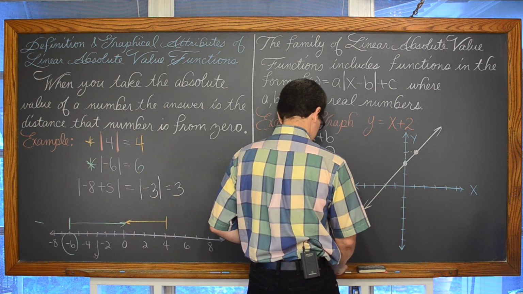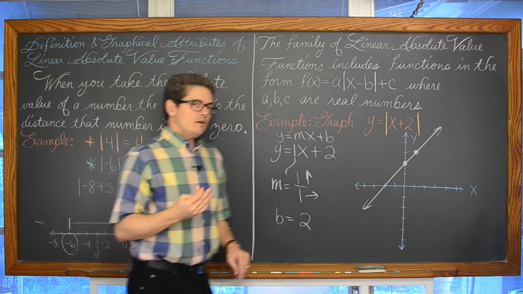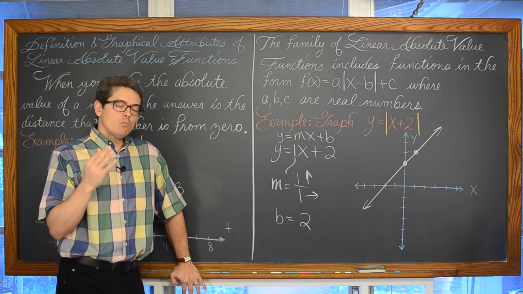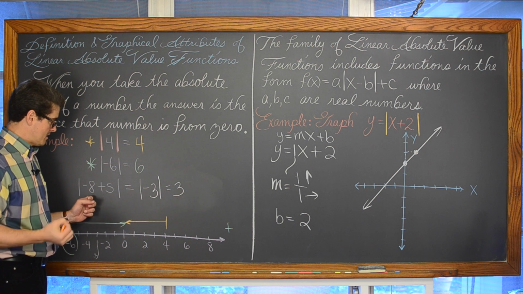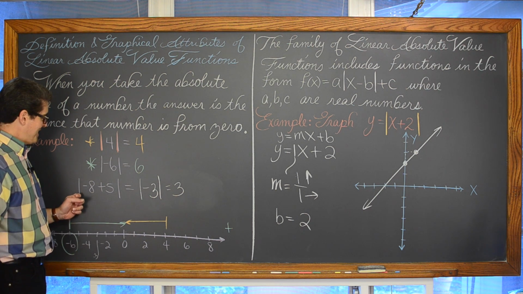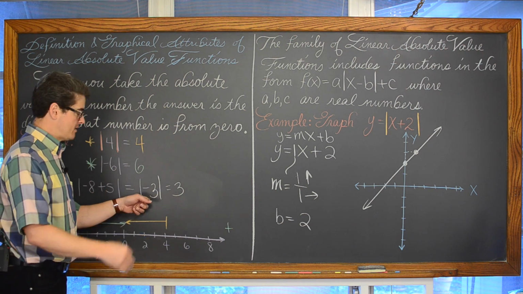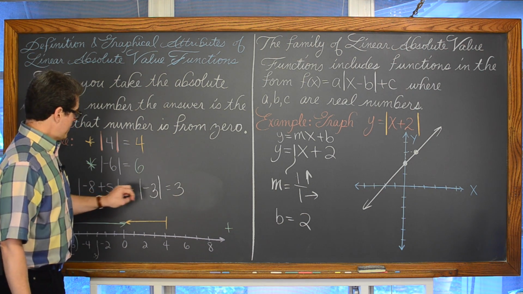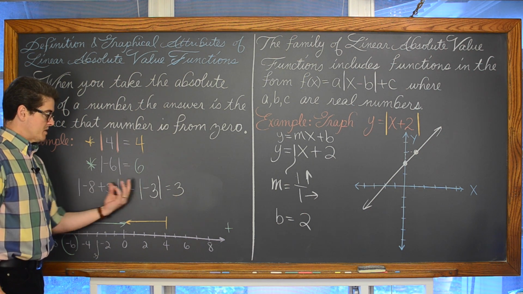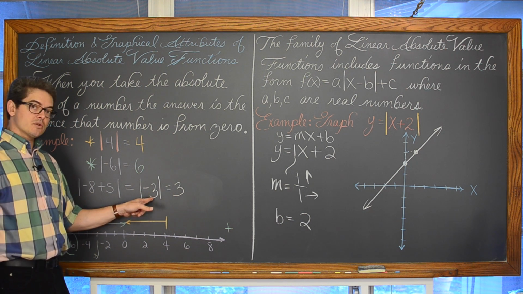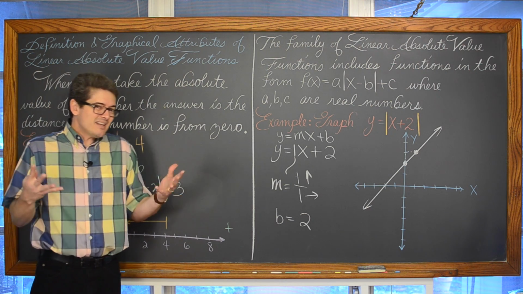picking a color I haven't used yet that will stand out, hopefully orange will from the red, if I want to graph y is equal to the absolute value of x plus 2, and going back to this arithmetic example, the absolute value of negative 8 plus 5, well, negative 8 plus 5 came out to be negative 3, and then we took the absolute value of that and got positive 3. So we can have negative numbers inside the absolute value function, and we can keep those negative numbers in there as we simplify. But once we simplify to a single term, since this has two terms separated by addition and subtraction, we take that absolute value, and it does get rid of the negative sign.